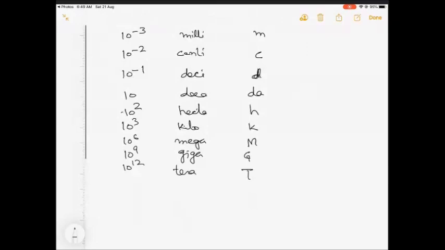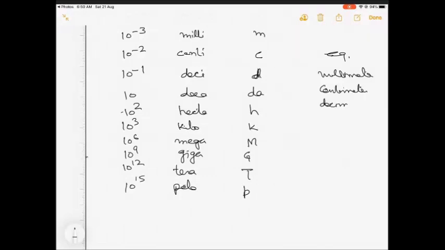Then 10 raised to the power 15 means peta, P-E-T-A, represented by P. So this is how the system goes. If you remember what you have learned so far in your previous classes, we start with one system which I just give you. For example, I give you a system: millimeter, centimeter, decimeter, meter,